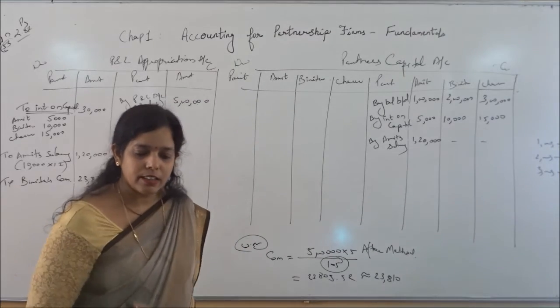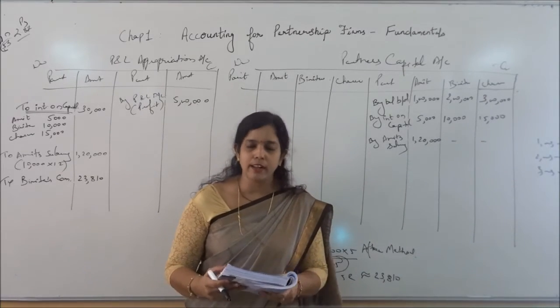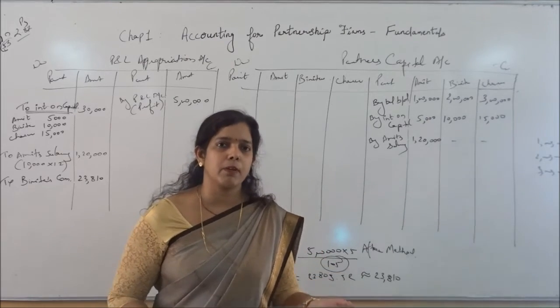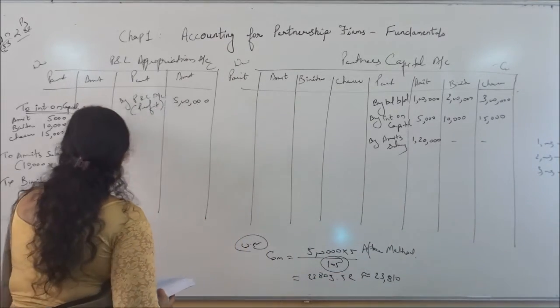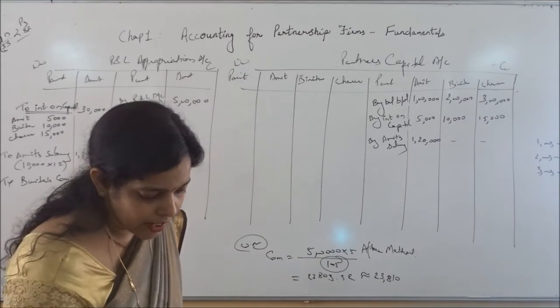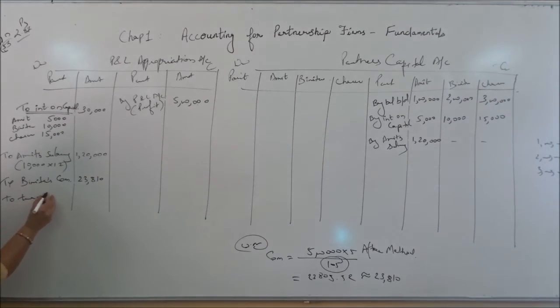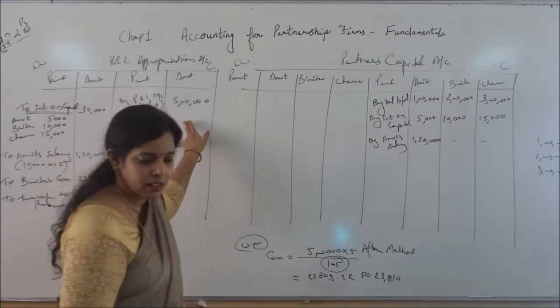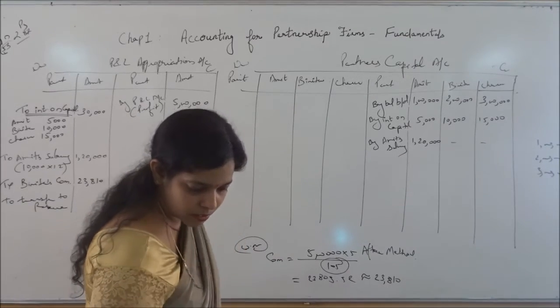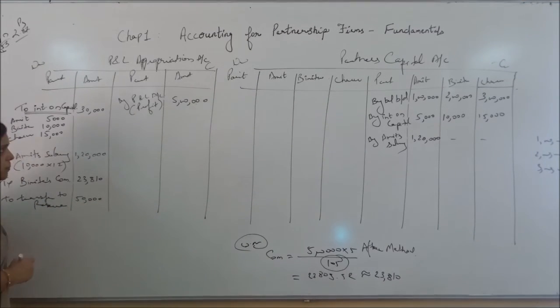What are they saying? 10% of the net profit. Of the net profit, again this is very important. In some questions they say net profit directly, in some questions they say divisible profit. If it were divisible profit, I would first subtract all the items from it and calculate the percentage on the resulting figure. But they are saying of the net profit, so calculate directly. Transfer to reserve, 10% of 5 lakh. Directly you will get 50,000, 10% of the net profit.